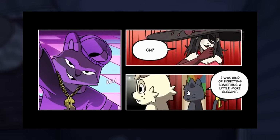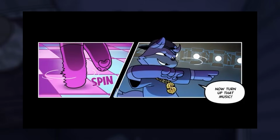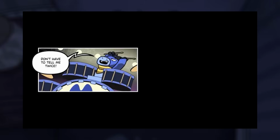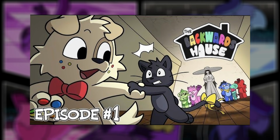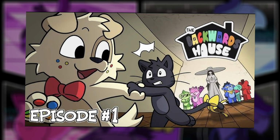It does this while reveling in its flatter characters like Foxtrot or Shy Shark, because that's the point, and because of these reasons, the characters for the story don't need to be super deep or complex. Clarity and logic. The comic always makes sure the audience definitely gets what it wants you to while still being